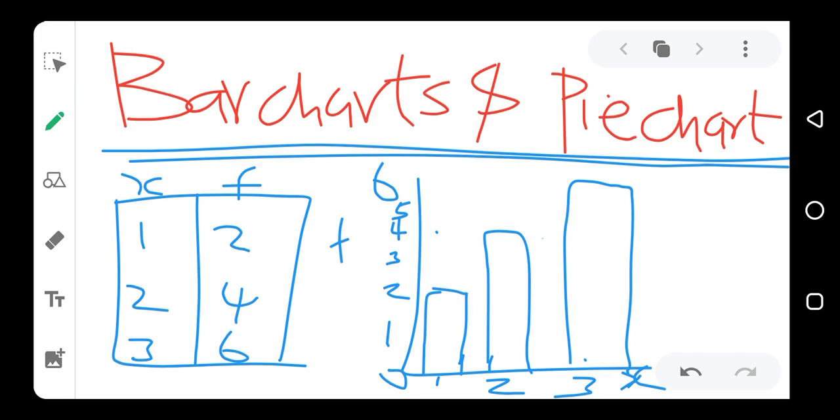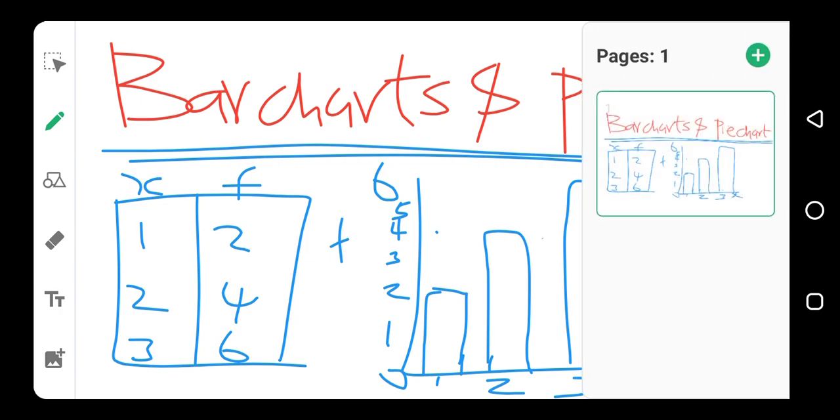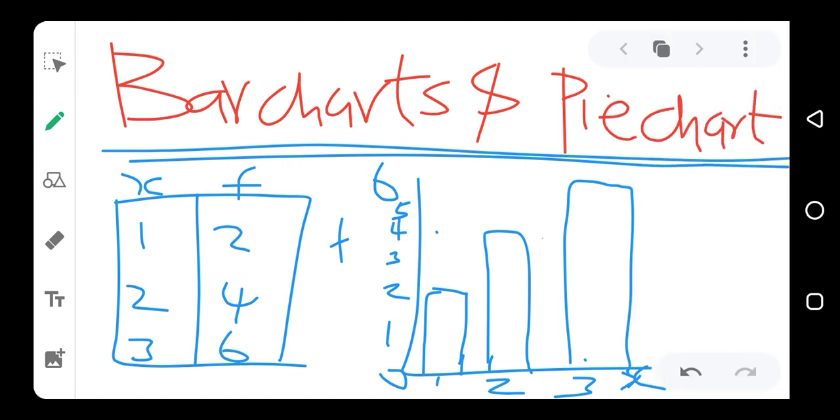Now, if we still want to represent these values with a pie chart, instead of drawing bars, we are going to draw a circle. Pie, like meat pie. We are taking something that looks like a meat pie, or a piece of orange from the orange you have. So assuming that we want to represent this same value with a pie chart,